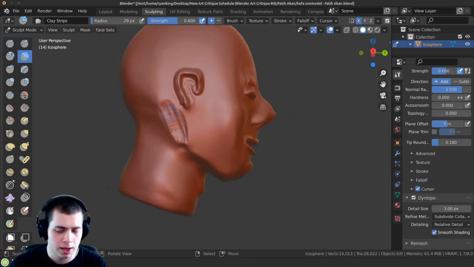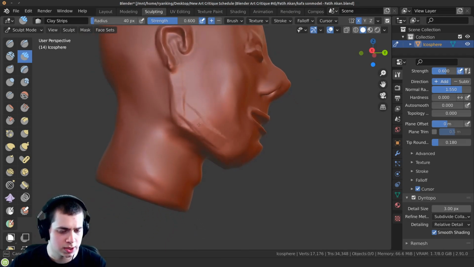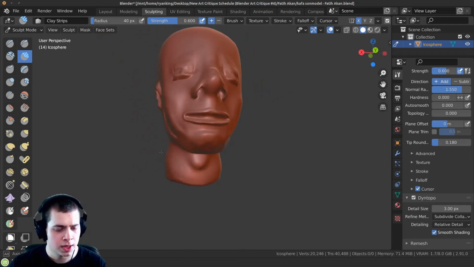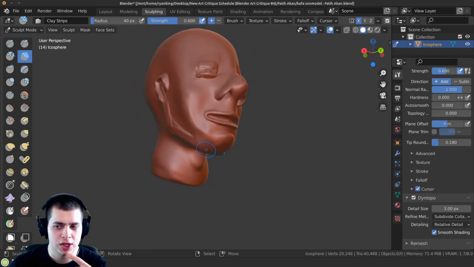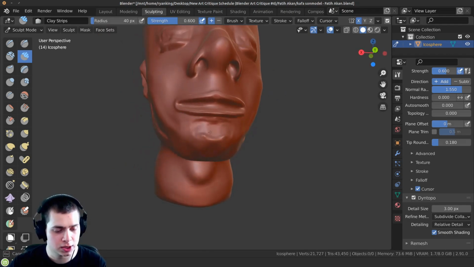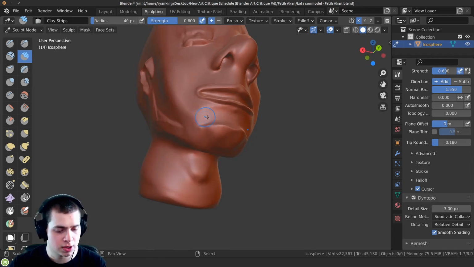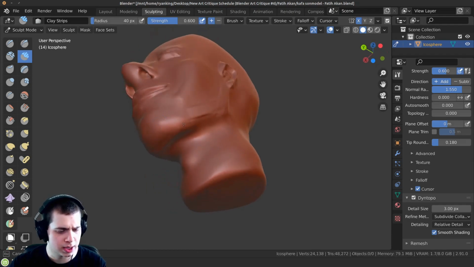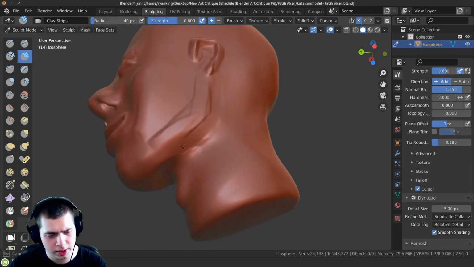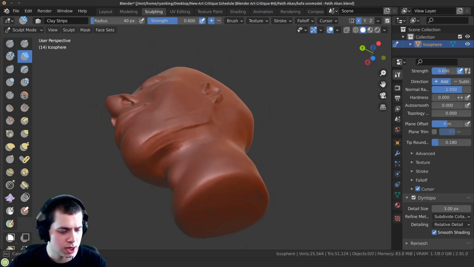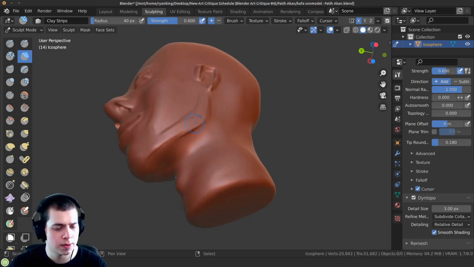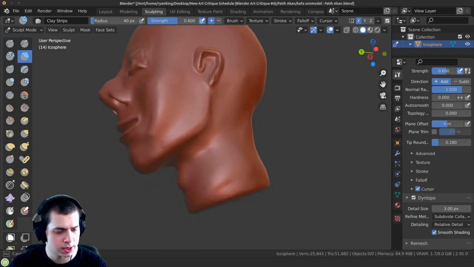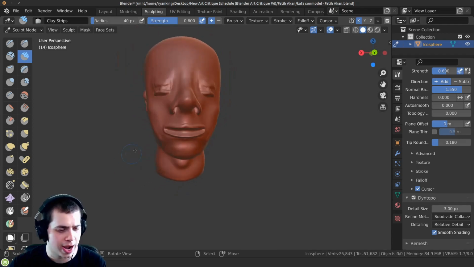Okay, so I'm going to go in there and then go down and to the side, down and to the side. And then this jaw here and the chin, it's just really big. So I'm going to hold down the control key and go in here, smooth it out and make it smaller. Also make it a little bit lower down. And then I can hold down the control key and cut in here to get that shape a little bit more realistic, get the proportions a little bit more accurate.